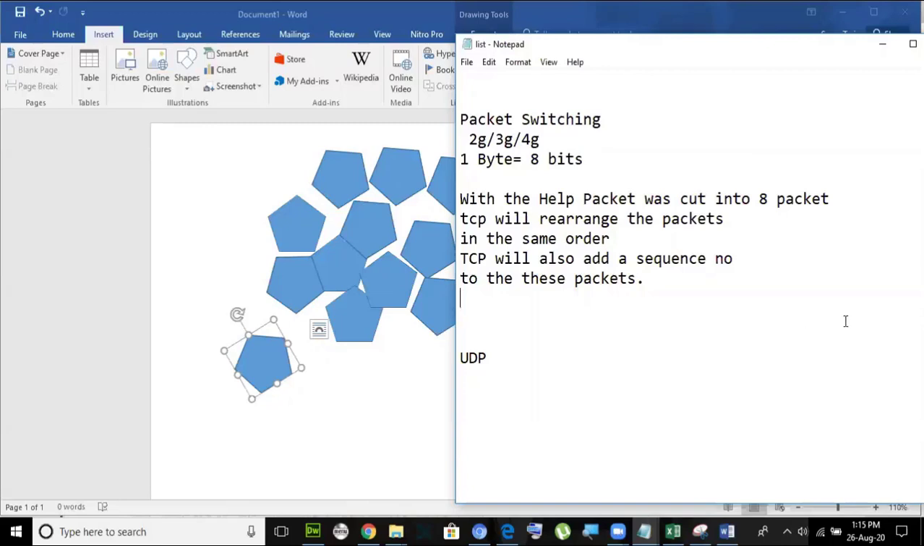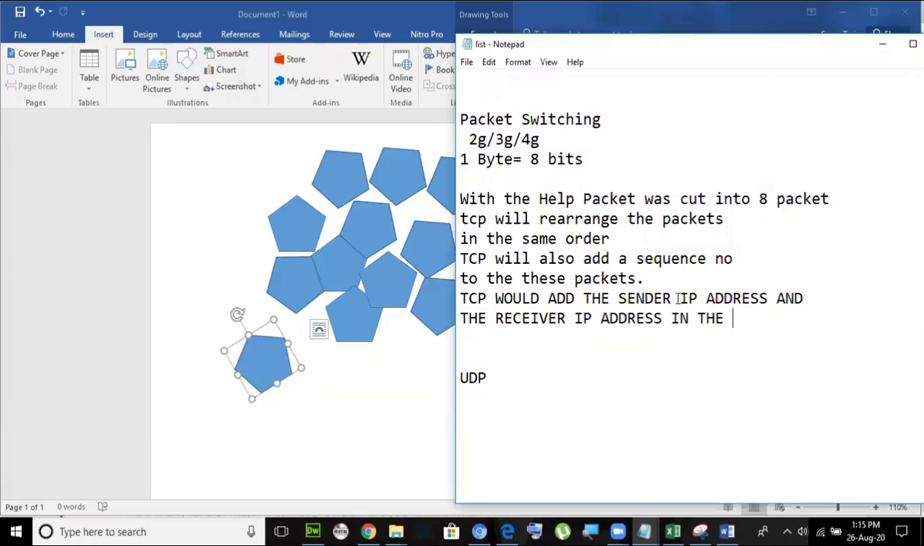TCP would do something. TCP would add the sender IP address and the receiver IP address in the header of the